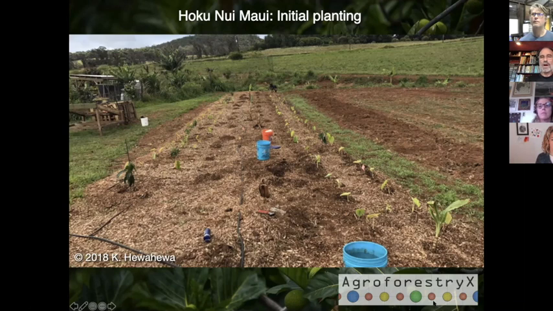In this case, there's native species, there's fruit trees, there's food plants, all mixed together.